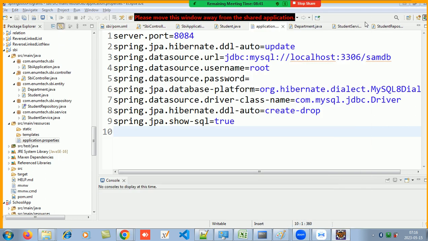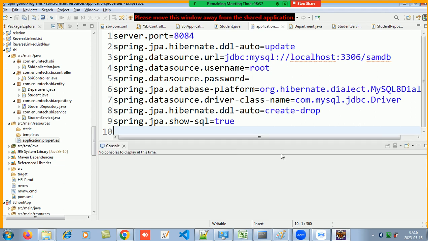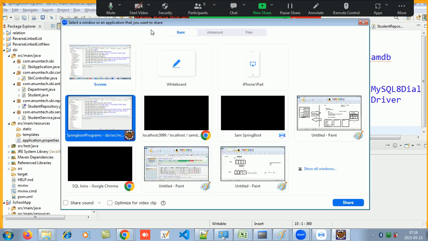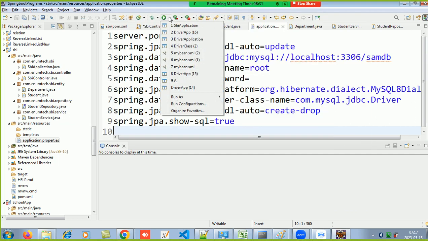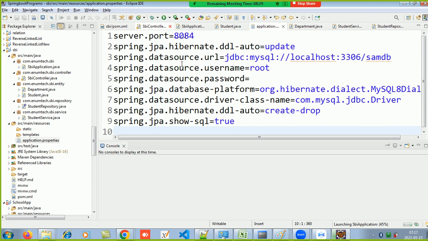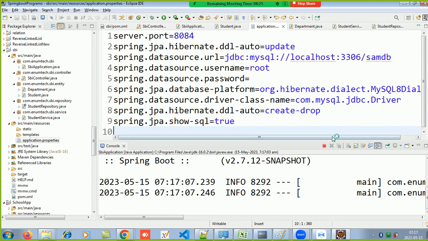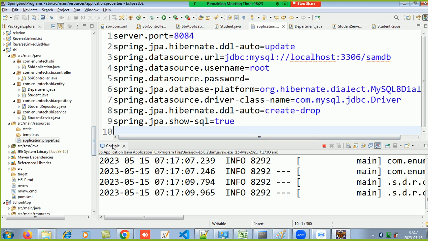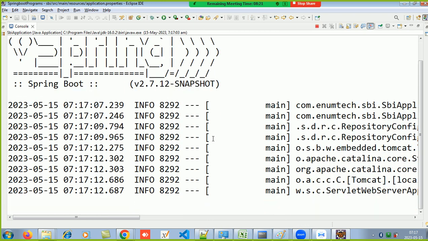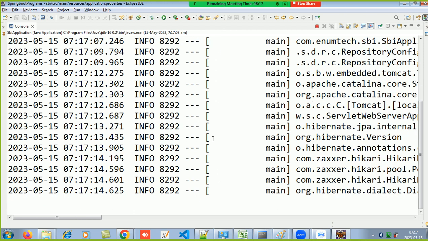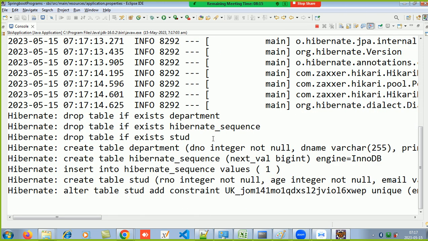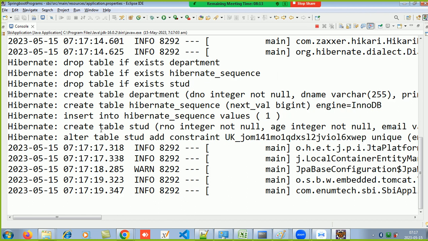When we were running this, we were not seeing any SQL queries. Okay, now if you want to see, it will show you what SQL queries it is firing to create the tables and to insert the record, everything. So if I enhance this console, now you will see what it is doing in the background. Do you see? उसने create table department बना दिया